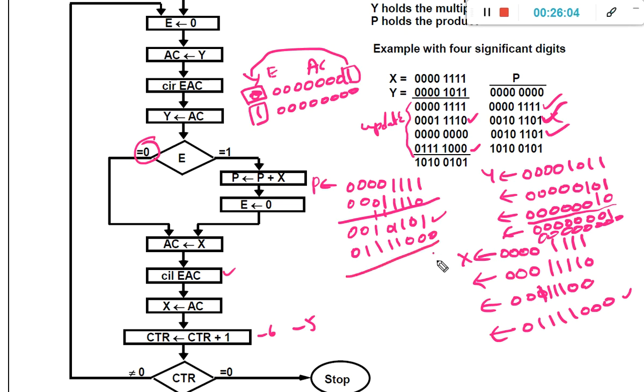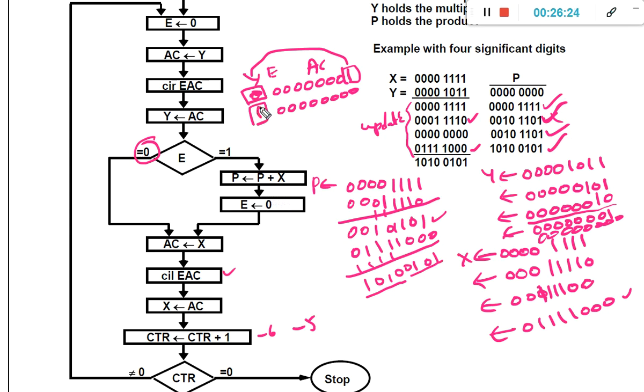So what we get? 1 0 1 1 1 1 0 1 1 1 0 1 1 1 1 1 1 1 0 1. So 1 0 1 0 0 0 1 0 1, we get this value for p. Okay, so p assignment: p plus x over.